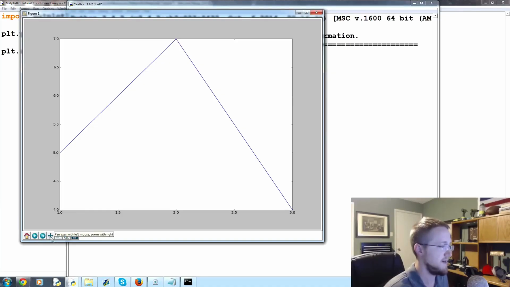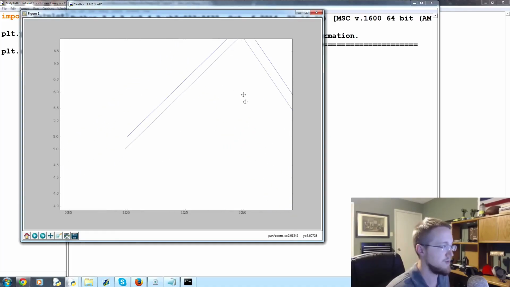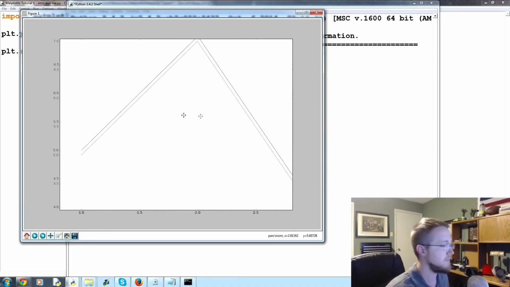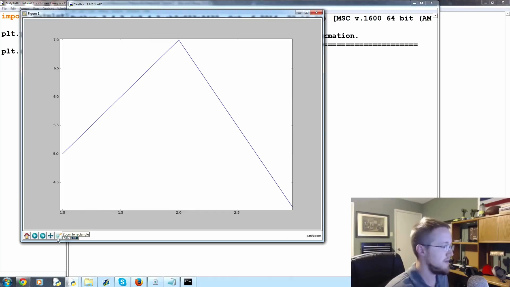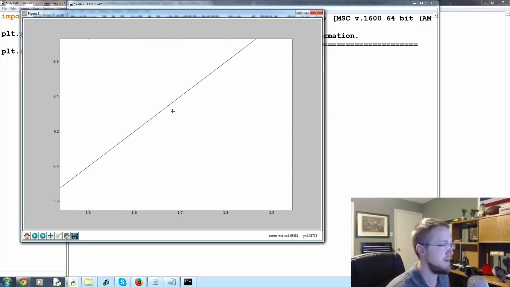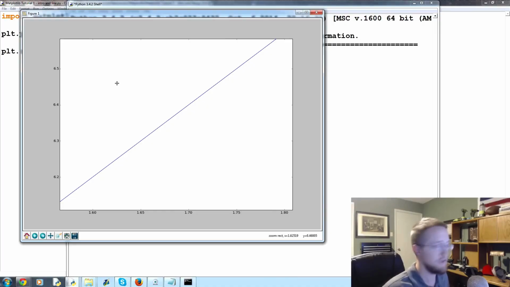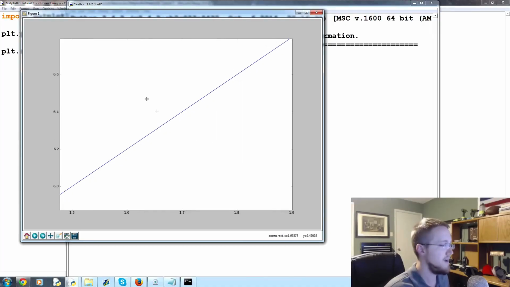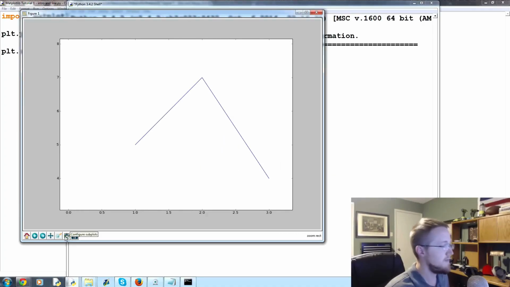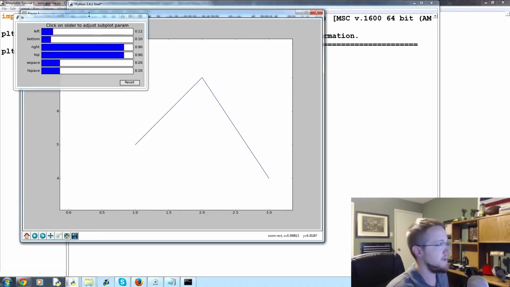We'll start with this little cross here. If you click that, you can now click on your graph, click and hold, and drag the graph around a little bit. Okay, so that's one thing. Then you've got the zoom, so you can zoom into a specific area if you wanted. You can also zoom out, so that was with a left click and hold to draw the rectangle. You can do the same thing by right click and hold, and this instead will zoom out. So we're able to zoom out that way. Then you've got configure subplots. Right now this doesn't really mean much